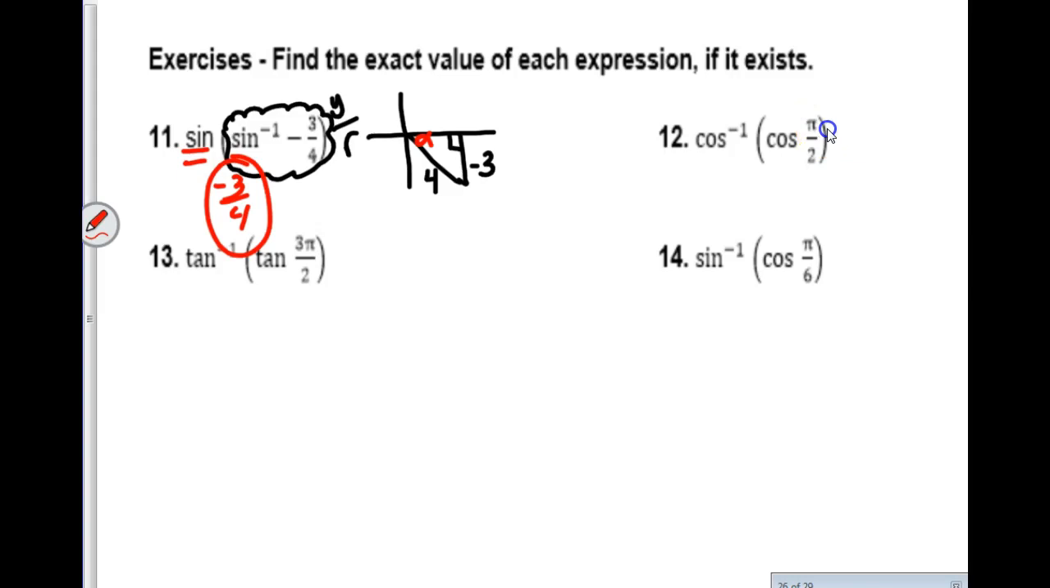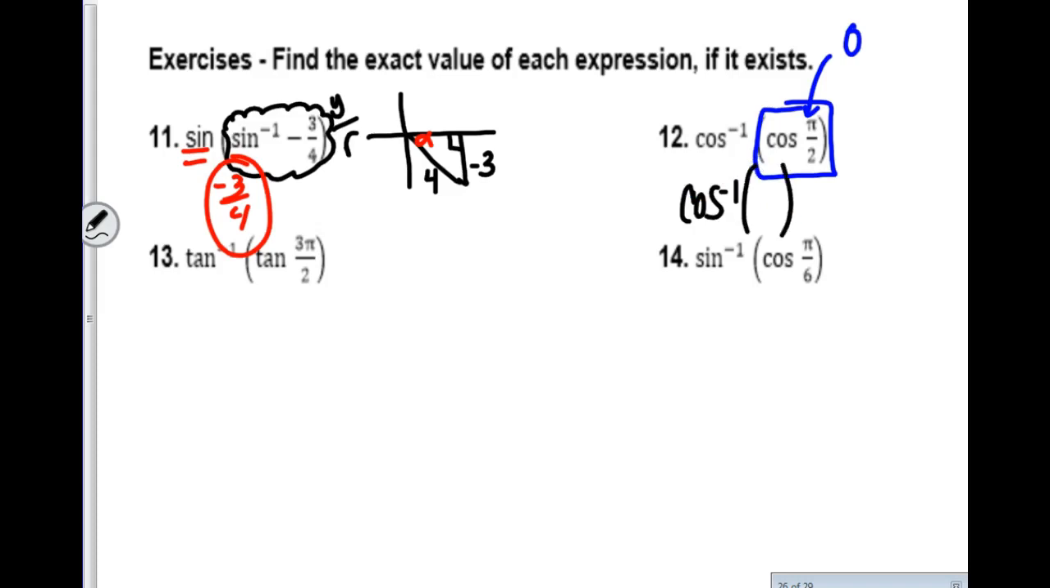Now, the next few questions, you're in luck. You don't really have to draw anything out because they're things that come up on our unit circle. So starting on the inside of this composition question, this is not an arccosine question. This is just a regular old evaluate. What is the cosine value at pi over 2? Right off your unit circle, it is 0, so this is really a 0. So this question really says